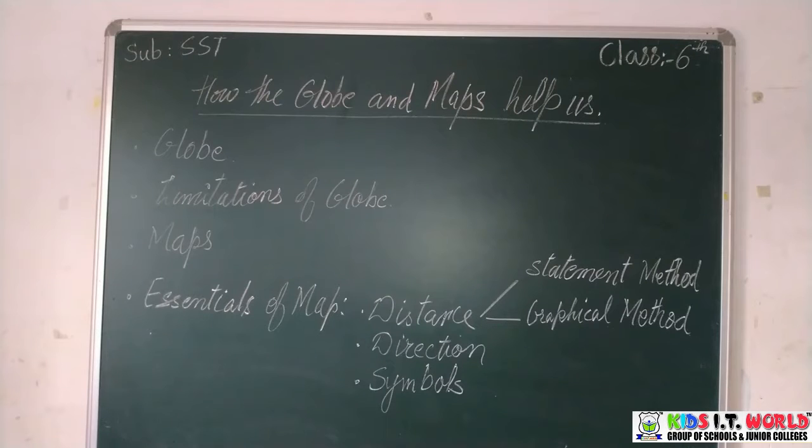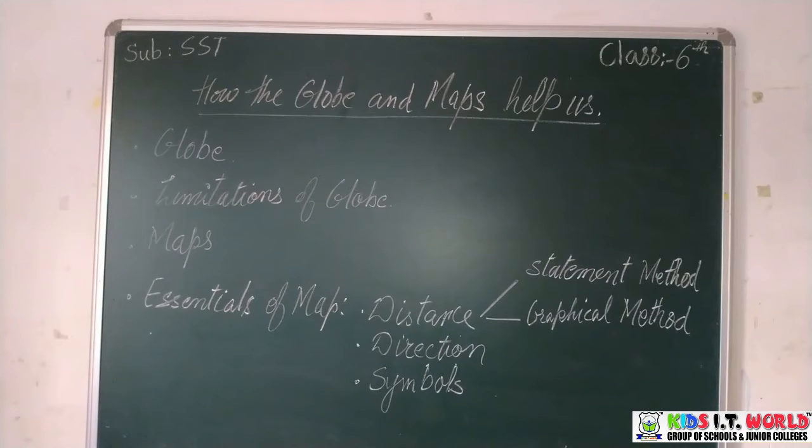The first ever map of the world was prepared by Greek scholar Anaximander in 611 to 541 BC. However, making a map on a scientific line began with the world map drawn by Claudius Ptolemy, an Egyptian geographer who lived in the 2nd century BC. Gradually, cartography, which is the science of making map, developed on scientific lines. So what is cartography? Cartography means the science of making a map.